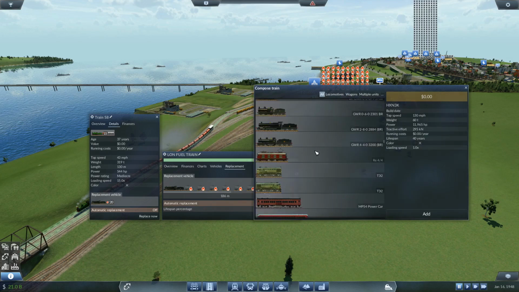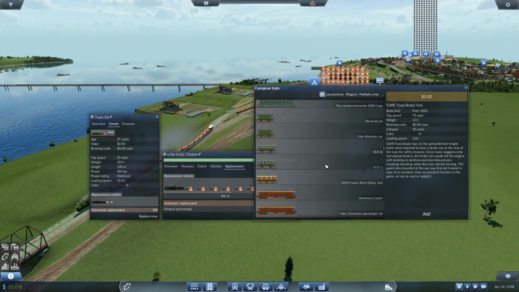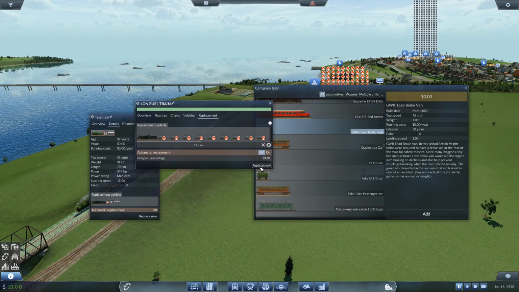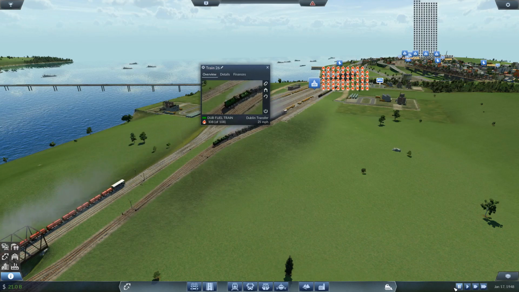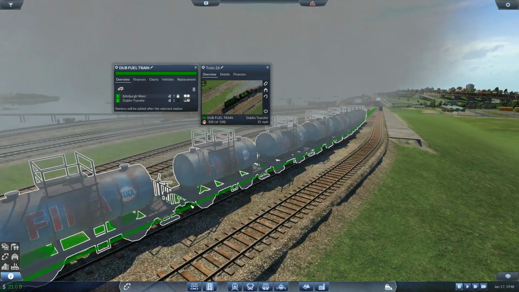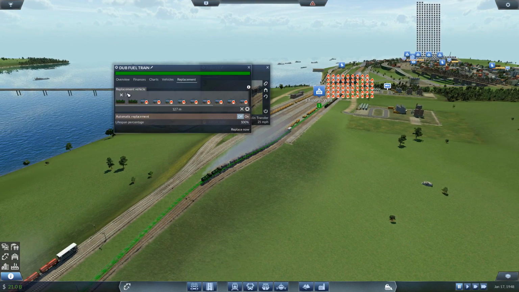All down here, add that. Okay, this is for 1883. But it still does 75 miles per hour. Add one of them. Replace it now. And yes. So that is that one set to replace. You also need to be set to replace the Dublin fuel train. You're currently running Fina. Okay, Fina it will be. Replacement, you need to go. And you, in fact,